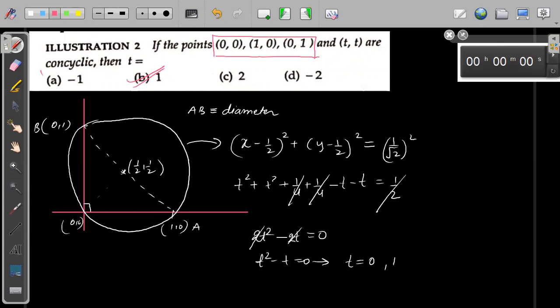Okay, yes. Vignesh, you can solve it using the first illustration method. You can write the equation in general form. When you write the general form, you will get this as the equation of the circle. You will get the value of the constants from this, and then you can substitute t comma t, and you will get the same answer. Okay, next question.